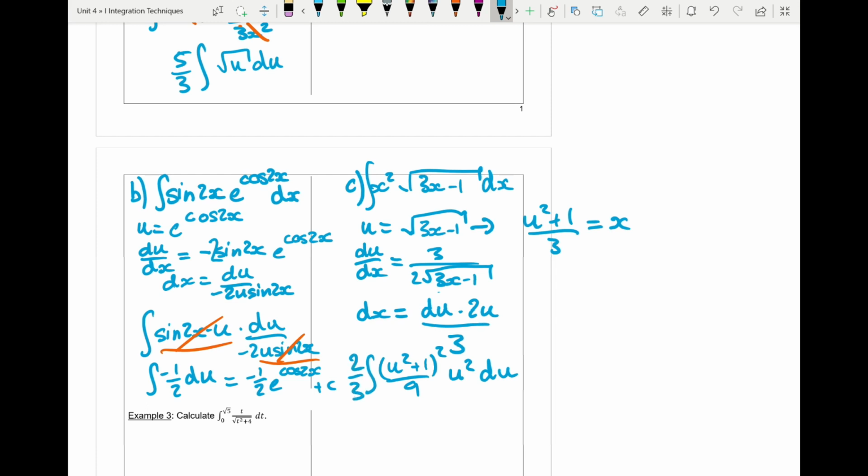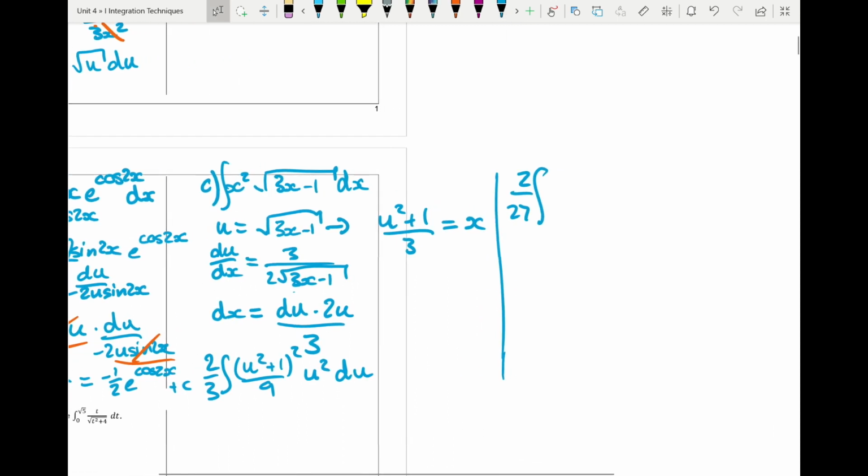So that u squared is coming from the u of our square root 3x take 1 and the u that is in our dx term there. So we get two lots of u, that's u squared, and then we get that 2/3 from this dx symbol here. So carrying on over to the right here, we can take out that factor of a ninth. We get 2 on 27